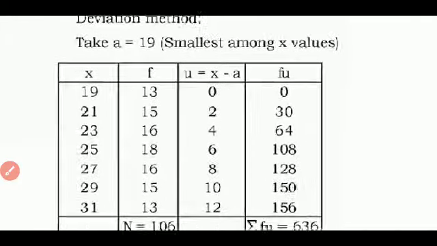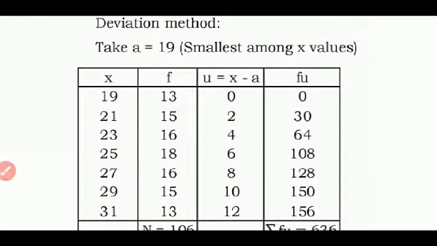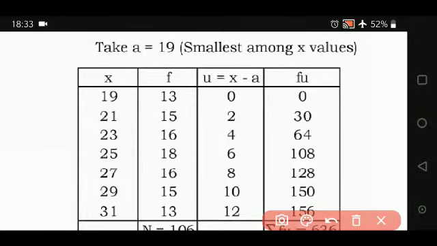Now what is this deviation method? Here also you have the freedom. You can take any value. See, in this formula, this U is going to remain the same. X are these observations, and A is the assumed mean. You take 19, 21, 23. You have the freedom to take any value you want. In this particular example, we have taken A is equal to 19. You try taking some other different value. See, you will get the same answer itself. You can practice that way, actually.